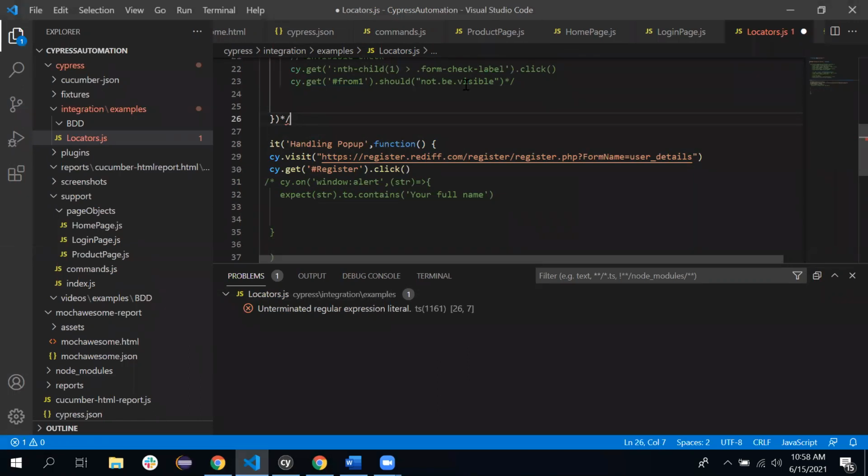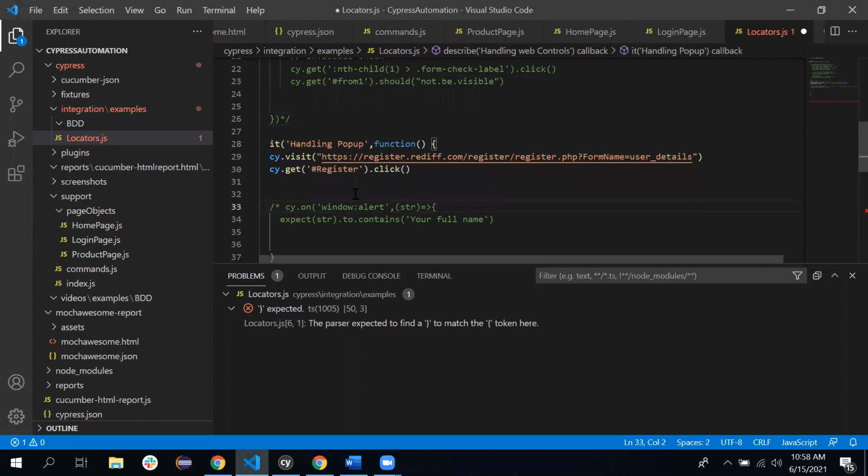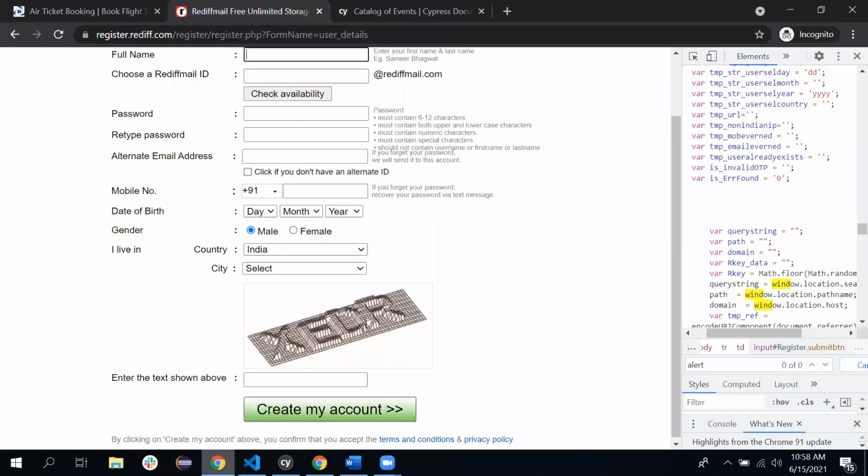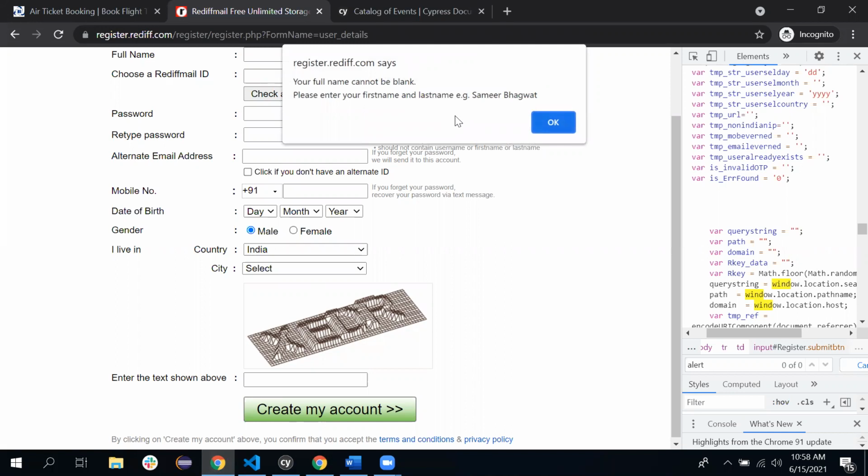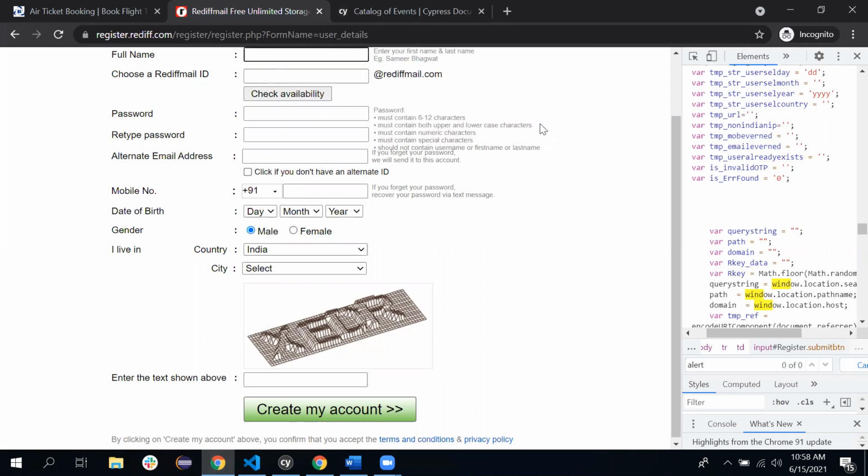That is already there, just need to remove the comment. So in this, I'm opening this particular website and I'm clicking on the register button only. The remaining code is commented, just forget it. After clicking on the register button without entering any field, the pop-up will come and Cypress will auto accept that pop-up, which we need to validate.